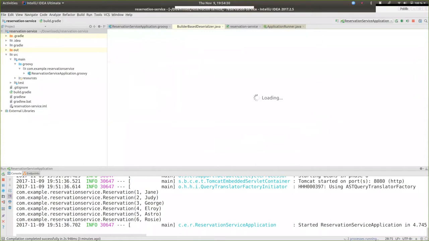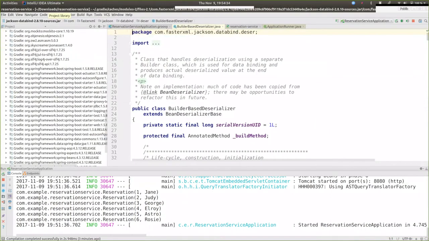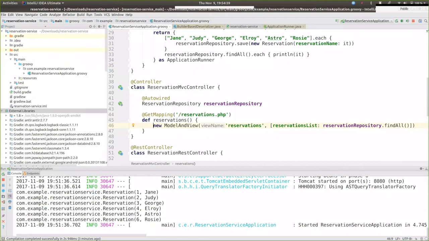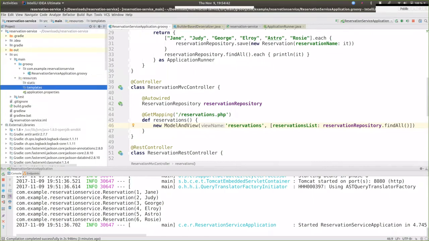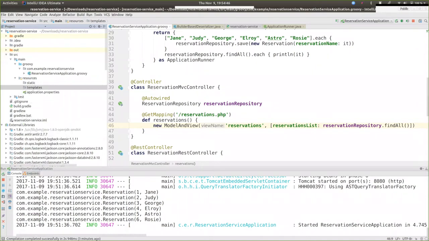And if we check the build here, we have Spring Boot starter Groovy templates. That's already on the class path. And now we can create a view that uses the Groovy template. So we could have used any of a number of different view technologies, but I like Groovy templates because they're just so darn convenient. So we're going to create a view called